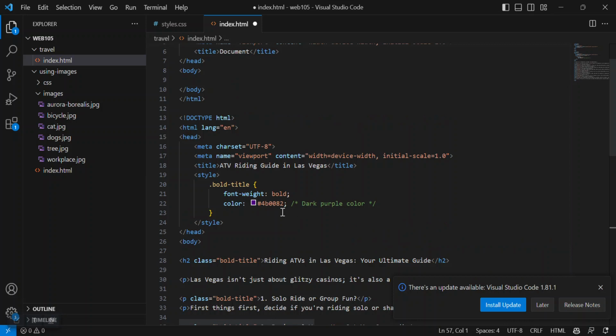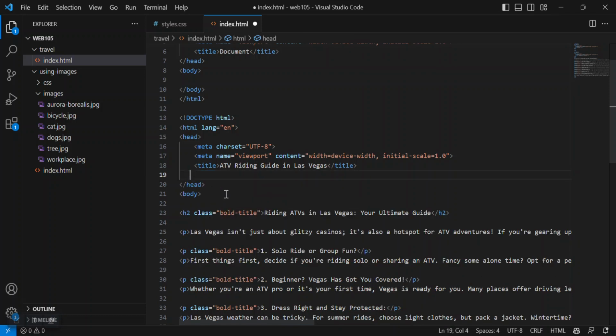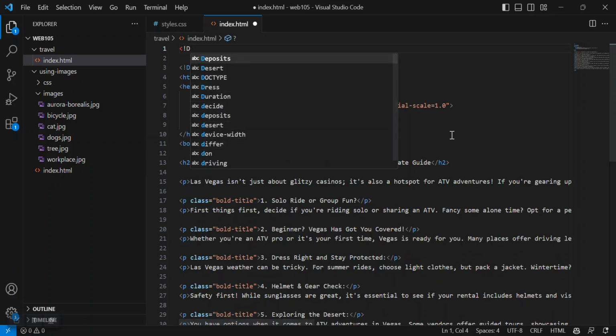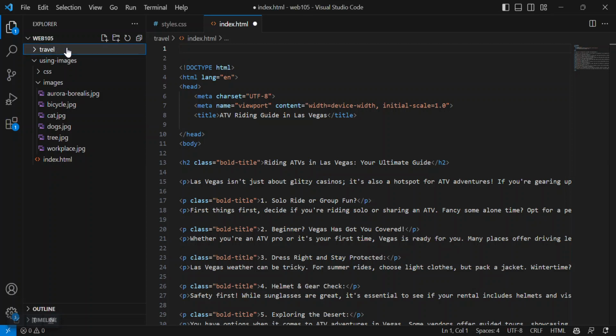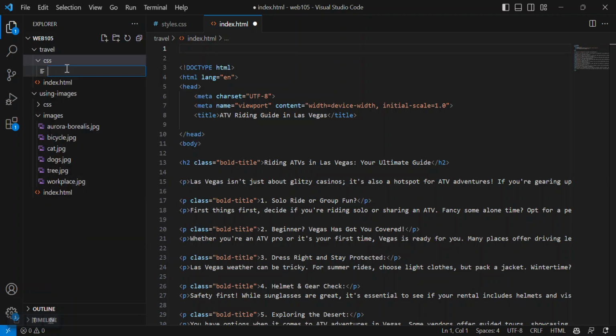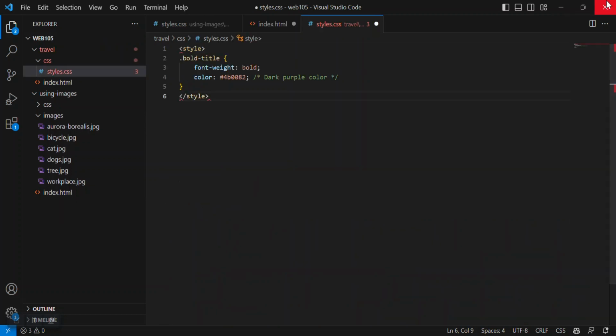And this part, I'm going to grab, make sure I got everything in here, dump this. And then I would want to add my styles.css, paste that,